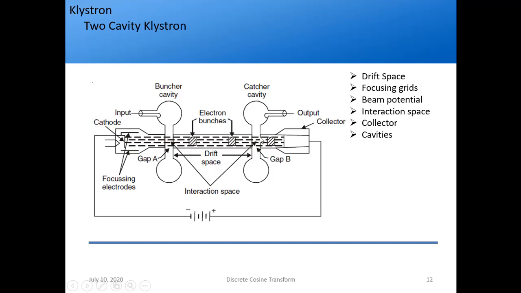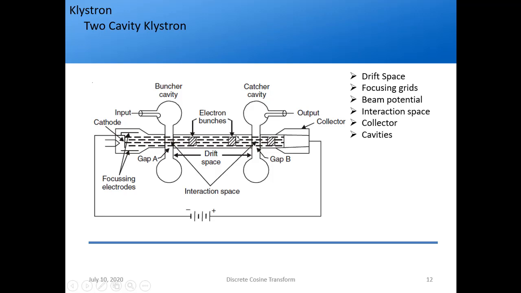So when these electrons come here, since it also resonates at 2 gigahertz, the electrons are also velocity modulated. So they are forming a bunch here. When they come here, they are also modulated corresponding to 2 gigahertz. So they will give the energy to the RF wave here, because they are also at 2 gigahertz, and this cavity also resonates at 2 gigahertz. So that signal will be given here.